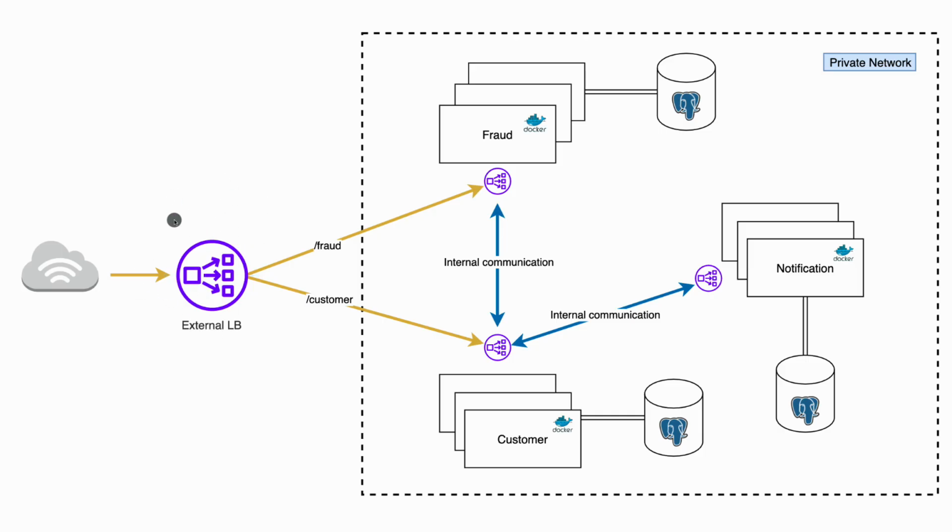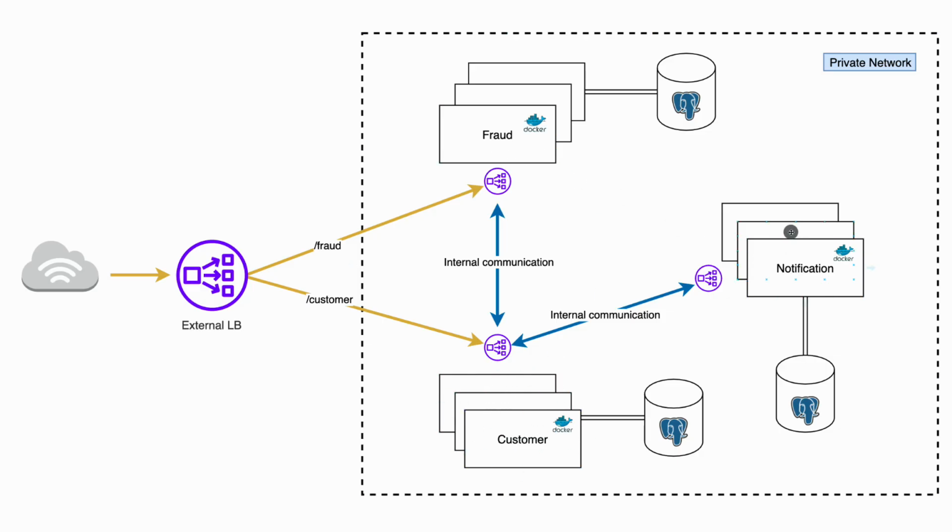So there's a lot of things that you can configure within it. But let's say that you want to send a request to customer. So this request right here is sent to this other load balancer. Now, this is an internal load balancer, and the reason is because you might have multiple instances of customer or